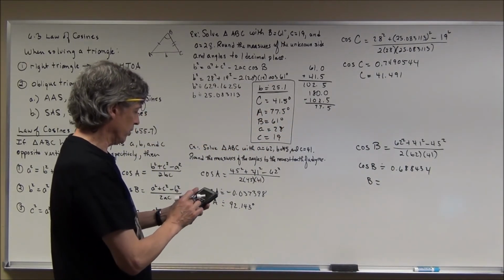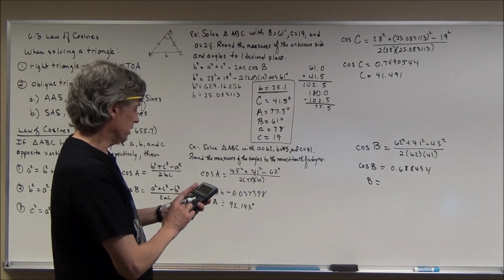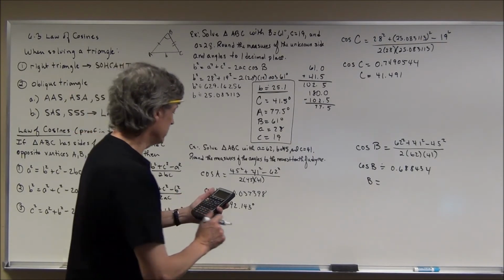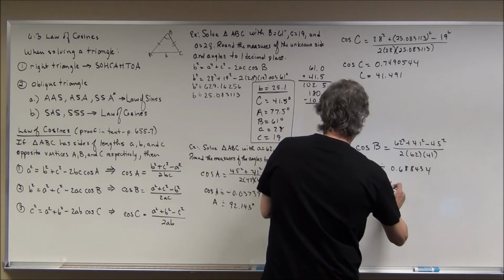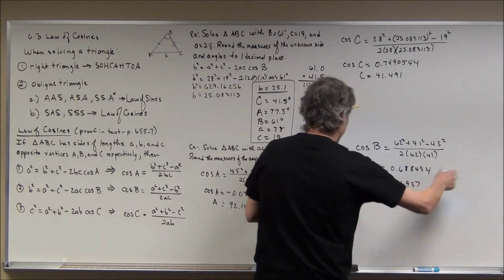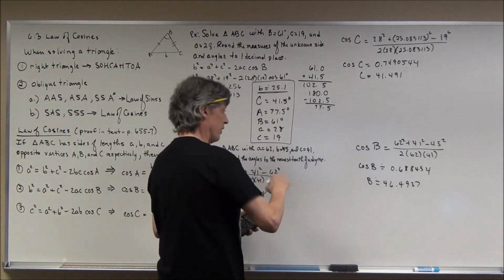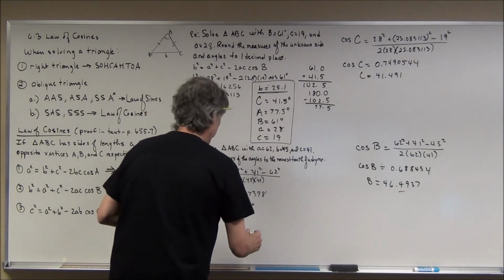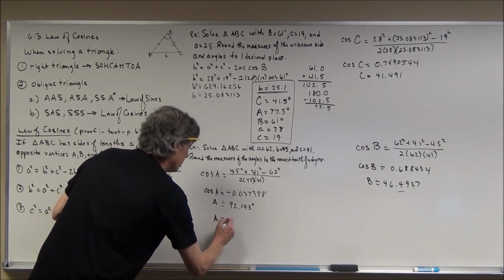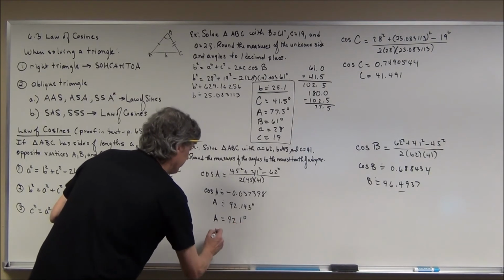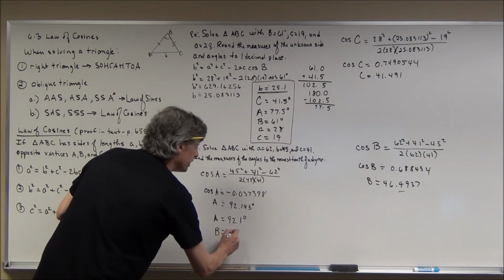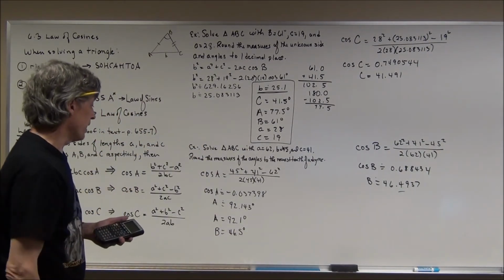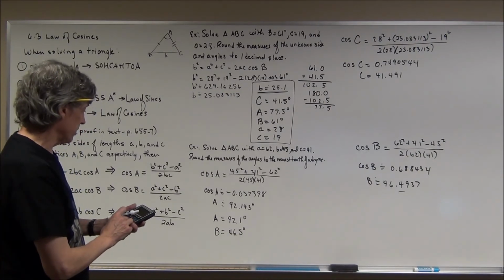So let's take an inverse cosine of 0.688434, and I get 46.4937, and it keeps on going. So for all intents and purposes, we're going to the nearest tenth of a degree. That would mean A here would be 92.1 degrees, B here would be 46.5 degrees. So if I add those two together and subtract from 180, let's see,